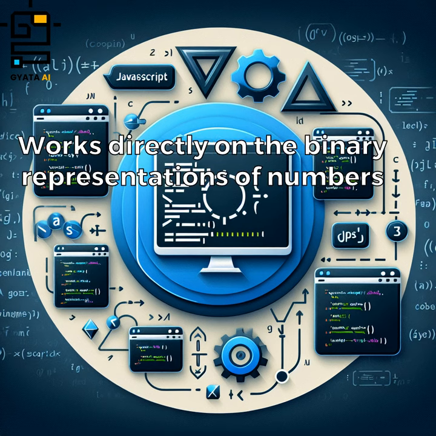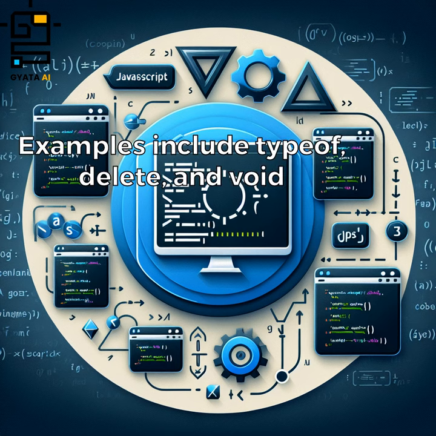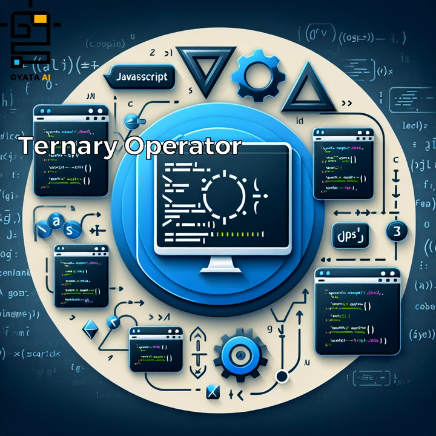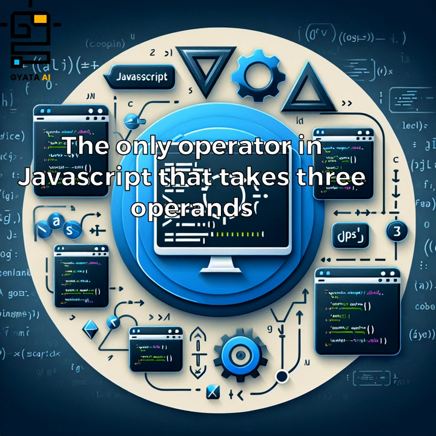Bitwise operators work directly on the binary representations of numbers. Unary operators operate on a single operand. Examples include typeof, delete, and void. The ternary operator, also known as the conditional operator, is the only operator in JavaScript that takes three operands, a shortcut for